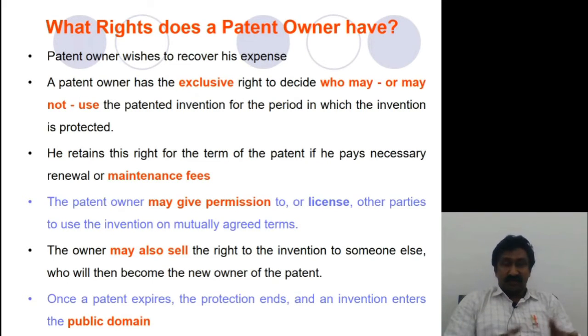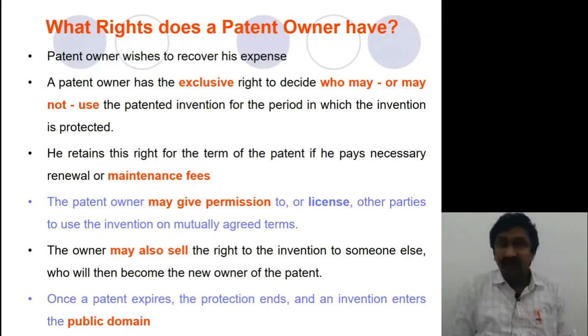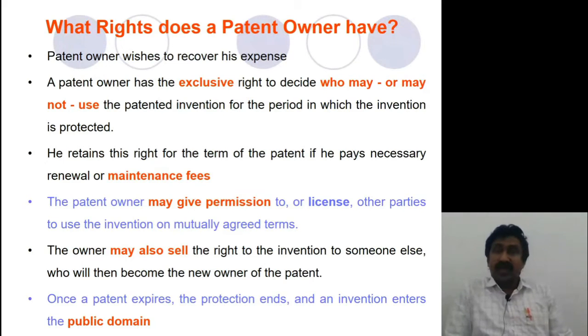Because if you got a patent and you are not selling it or commercializing it, or not applying that technology or new invention in some field, then it will not be commercially useful, or it will not be available to the public in a useful form. So the patent owner needs to decide who may or may not use the technology, and who can use that technology.